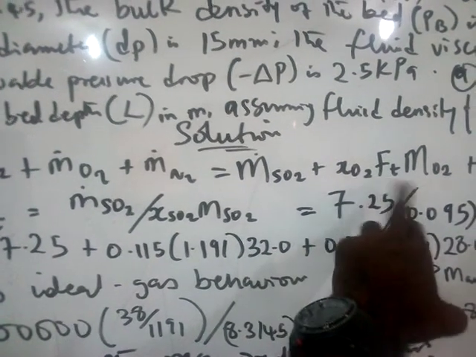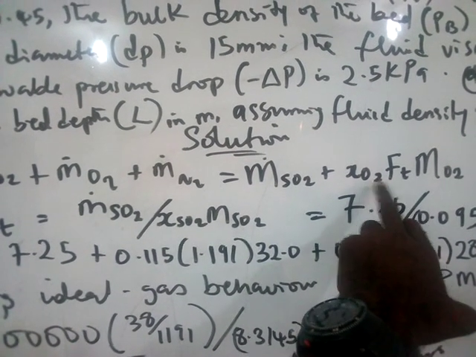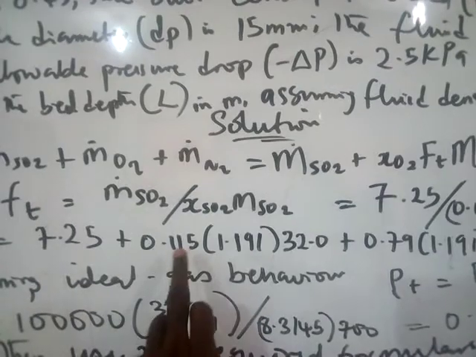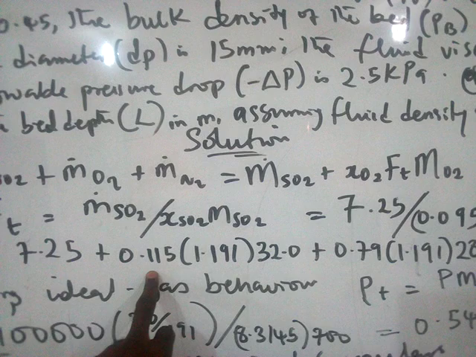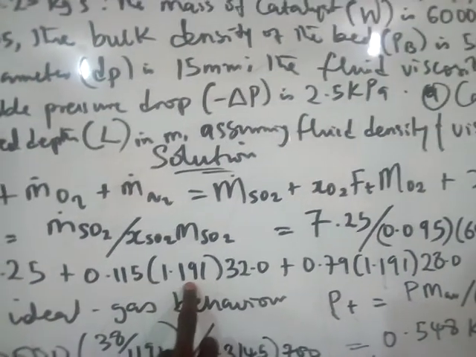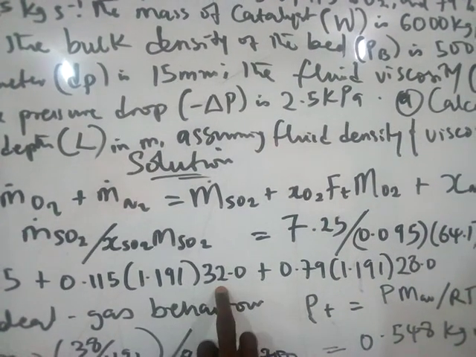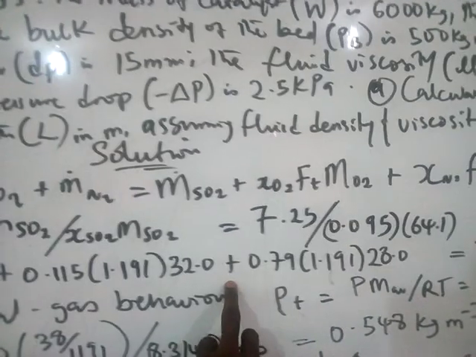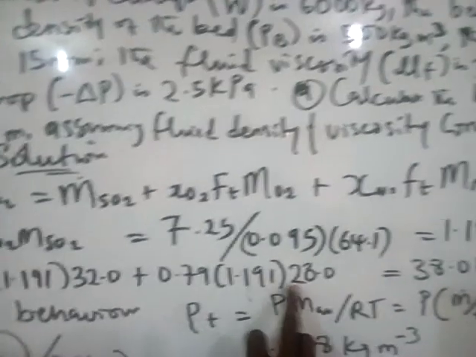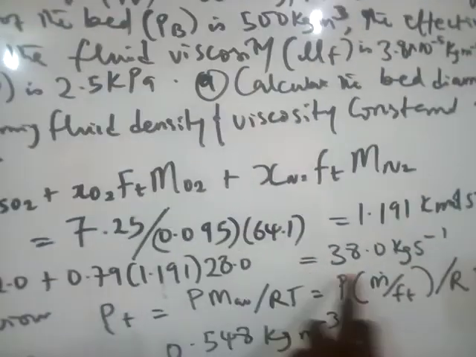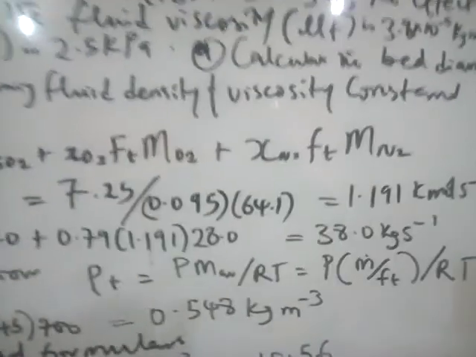This is the formula we are using. So for oxygen, the mole fraction, feed rate, molecular weight of oxygen, plus mole fraction of nitrogen, feed rate, molecular weight of nitrogen. Everything, if we add it up, will give us 38.0